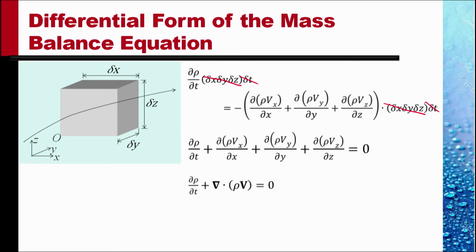This can be expanded into del dot rho times V plus rho del dot V. Or rather, this dot would be here, del rho times V. But this term and this term,